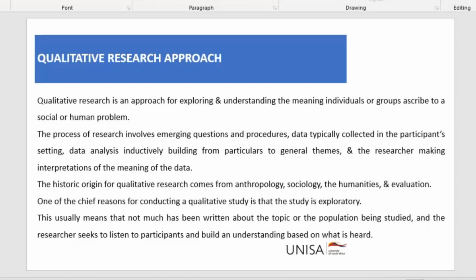It is just to explain that qualitative studies are generally coming from the social science background, which is the reason why qualitative is a relatively new approach